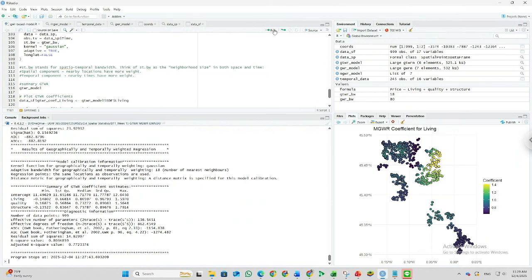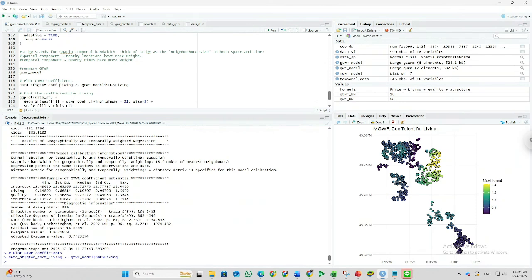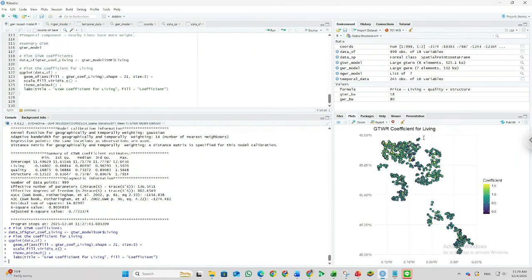Okay, then, for example, we can plot our coefficient, for example, by adding it into our original data set. Then we can plot. You can see here that in the GTWR, they focus not only on the spatial but also on the time. That means the host price is different across time and also across space.